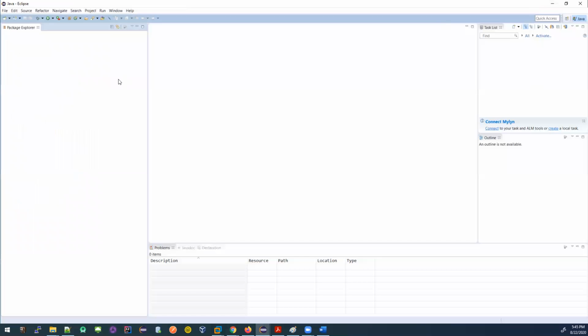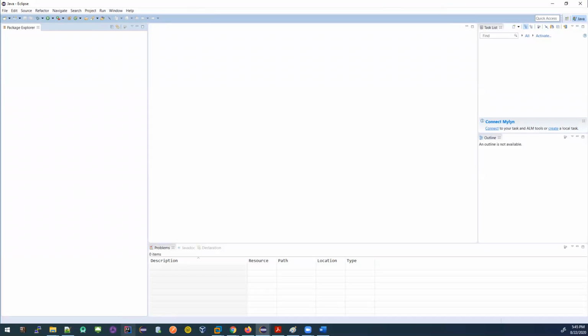This is why we need an integrated development environment. Is that clear? So this is called the IDE worksheet. This is called an IDE, Eclipse IDE. Eclipse is the company that developed this IDE. What are the different kinds of IDE we have?